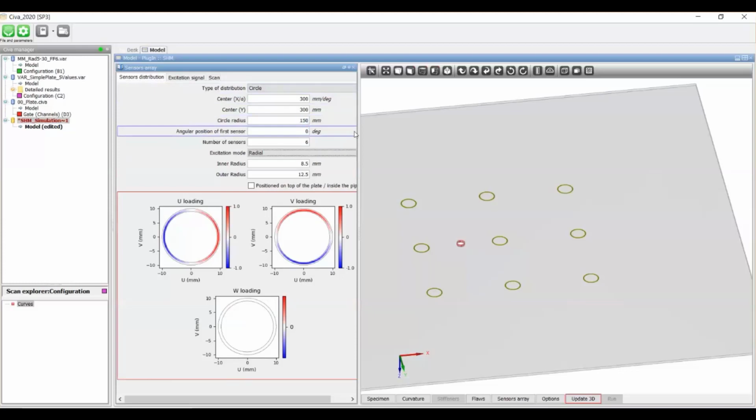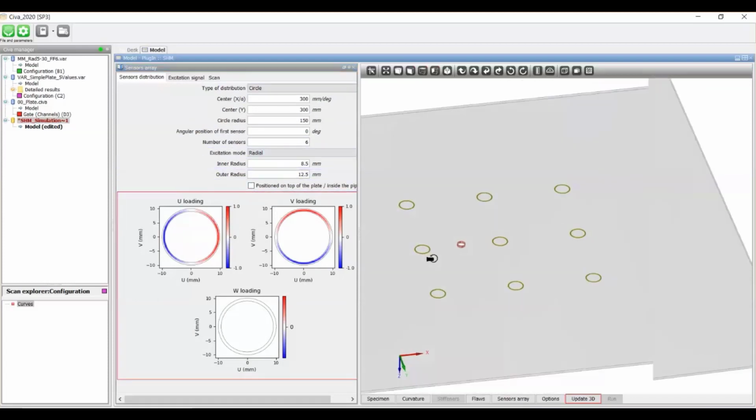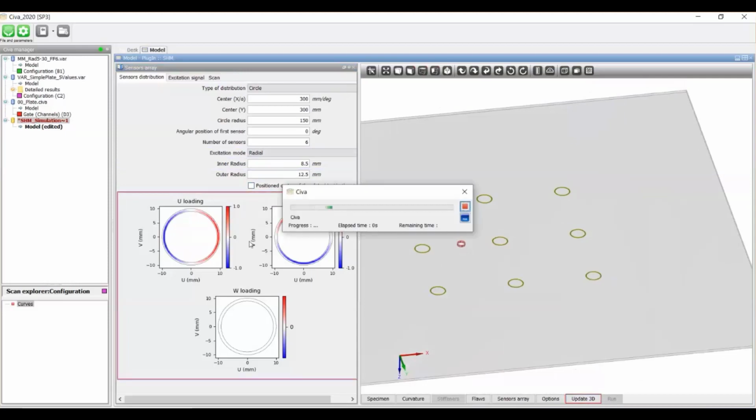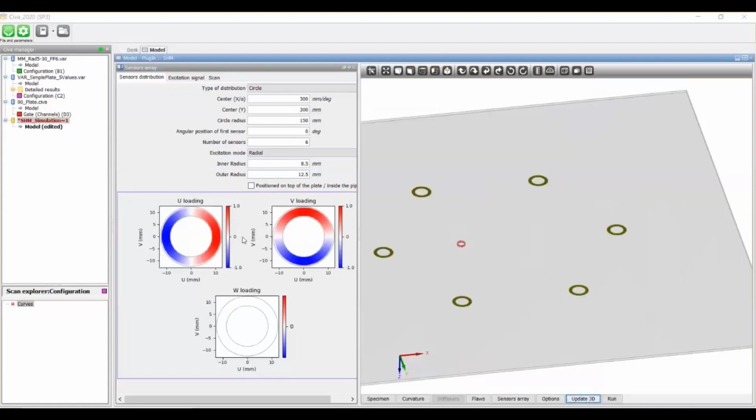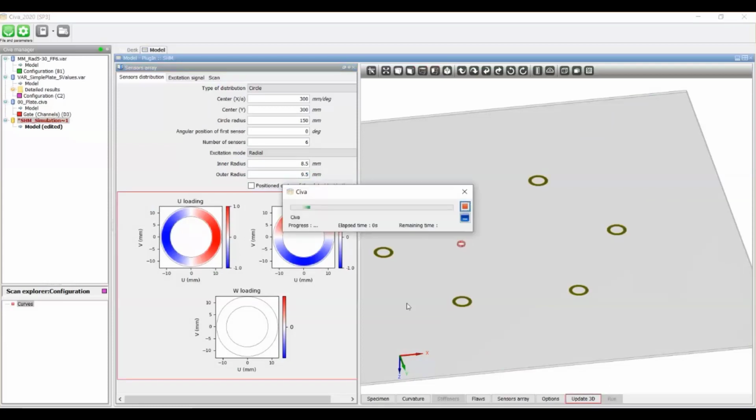Okay, in terms of excitation profiles, the default one here is a radial mode. It means it corresponds to loading patterns from the sides of the sensors here. Maybe let's redefine these dimensions to 9.5 millimeters OD.